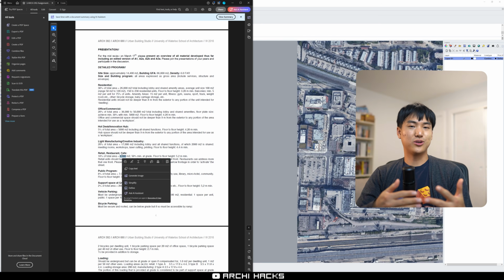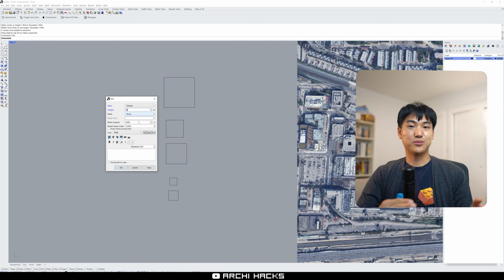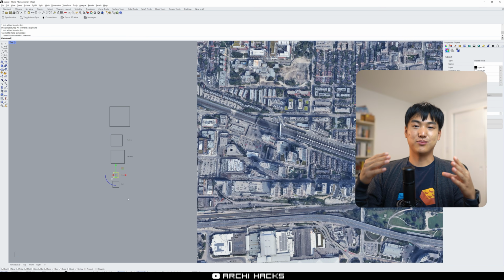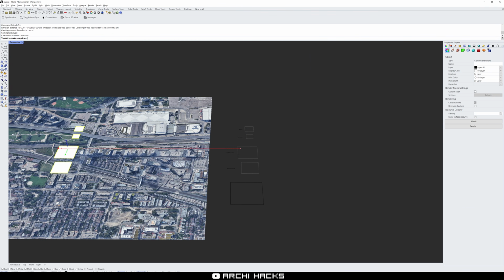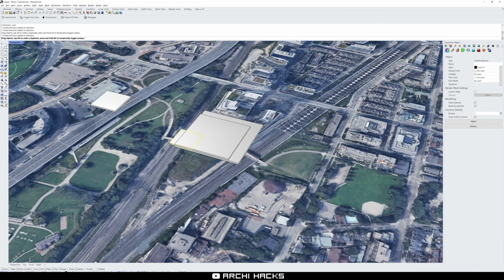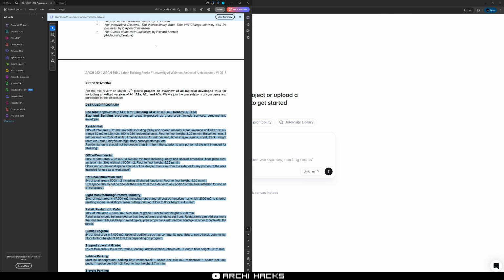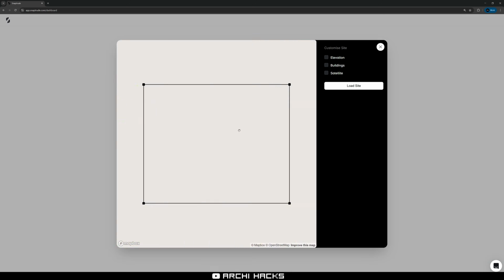Now back then, I had to model everything manually. I took the number, square rooted the value so that I can get one side of the square, and then model them one by one in Rhino. When I saw this being done for the first time at an office, it blew my mind. But at the same time, looking at this process again today, I feel like things could have been a lot